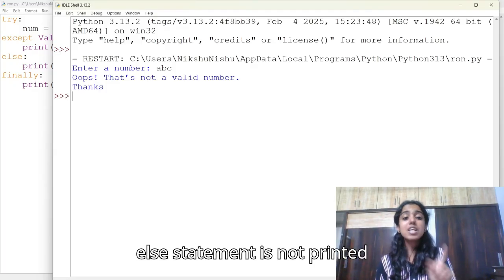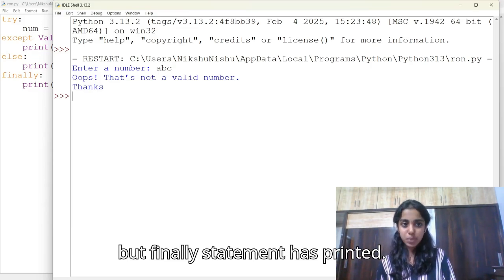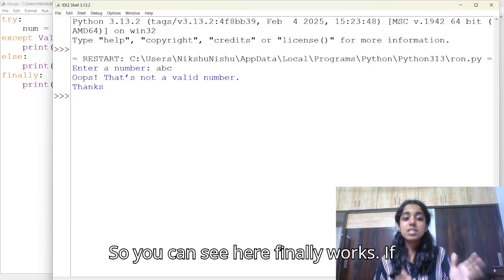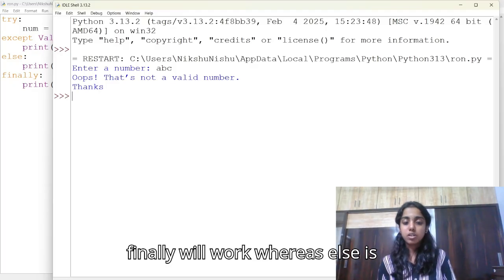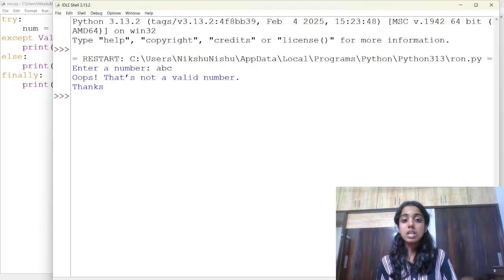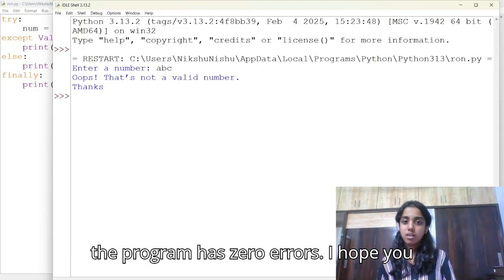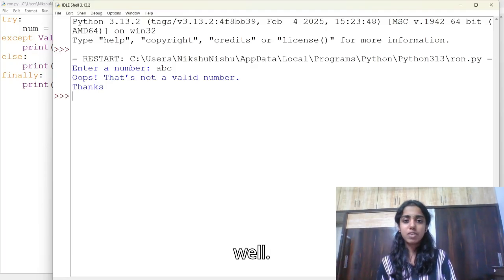But the else statement is not printed, but the finally statement has printed. So you can see here finally works if there is an error or if there is no error, whereas else is not like that. It only works when the program has zero errors. I hope you understood else and finally topics very well.